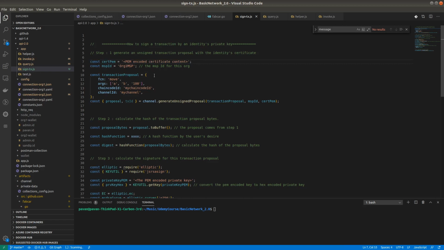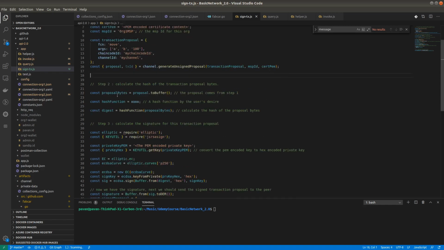This is the MSP ID. This is the transaction proposal, which has the function arguments, chaincode ID and channel ID. You can see proposal equals channel.getUnsignedProposal. This is the unsigned proposal. Right now we have created this unsigned proposal, so we are acting as a client.